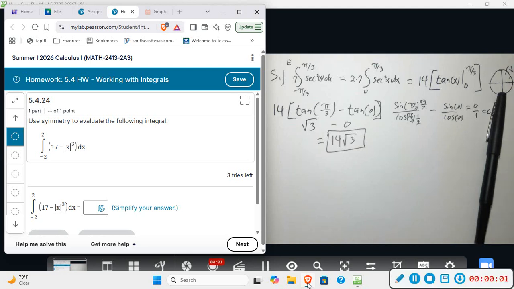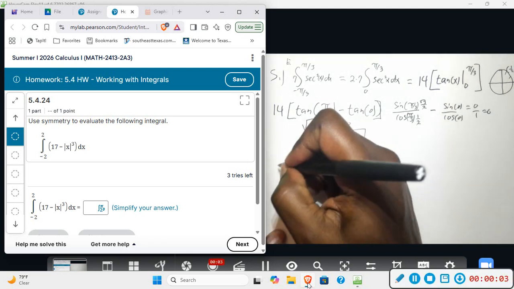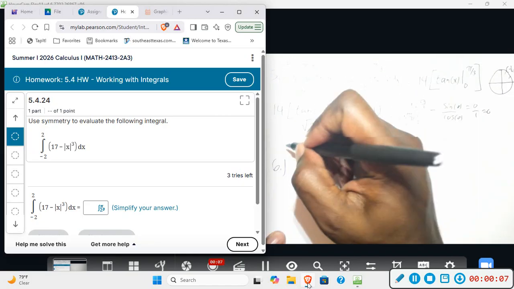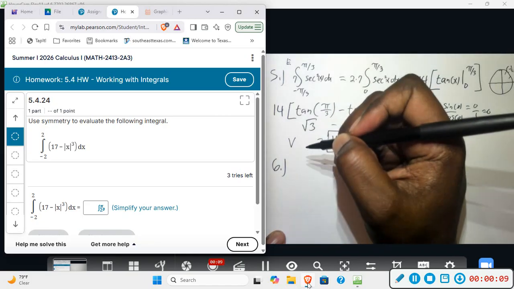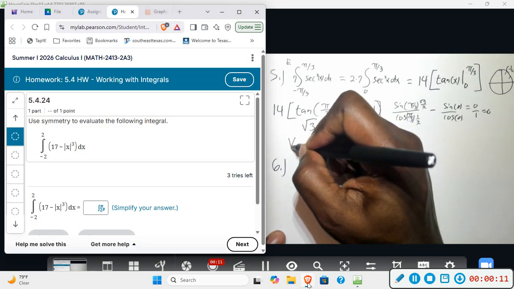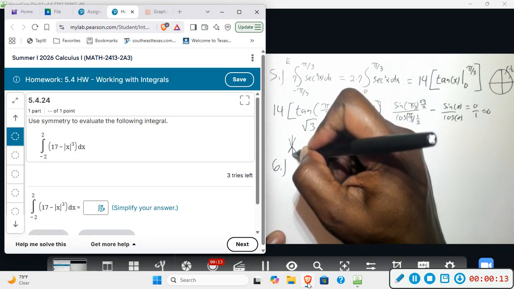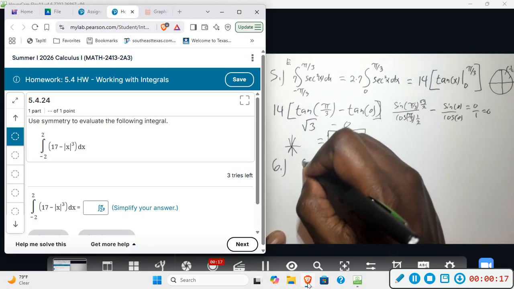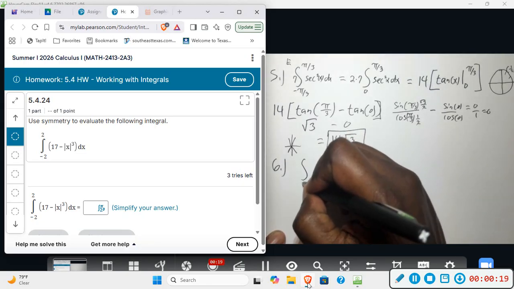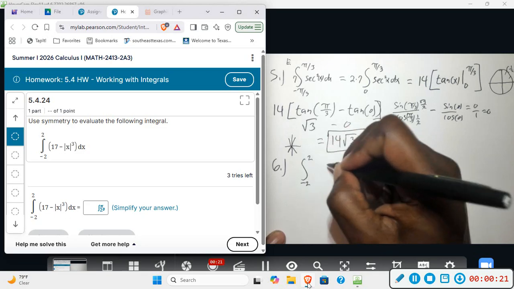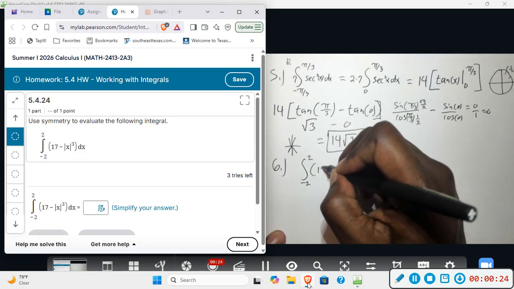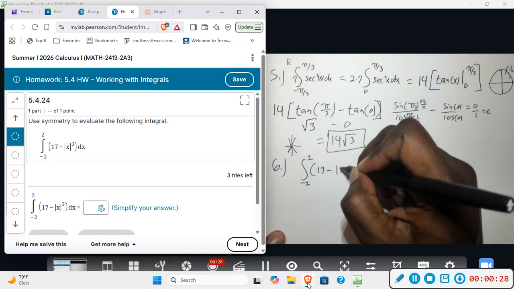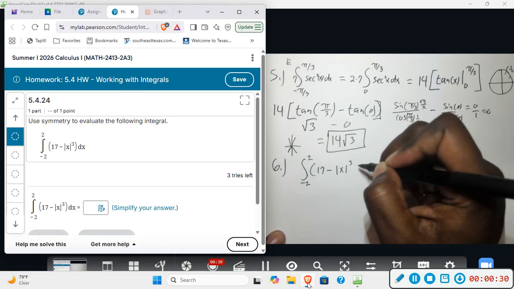Right, number 6, we're going to use symmetry to evaluate this function. So absolute value is a V shape, but being that it's negative, it's going to get flipped upside down. It's still symmetric about the y-axis, so this is an even function. So we are doing the integral from -2 to 2 of 17 minus absolute value of x raised to the